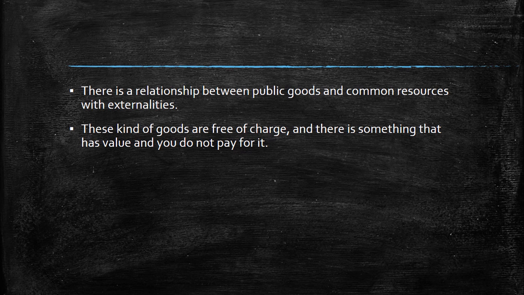The problem with common resources and public goods is that we overestimate what we have because it's free. You don't know how much you would have to pay for it. In this sense, it produces an inefficient result, a lower social well-being. So, for example, a